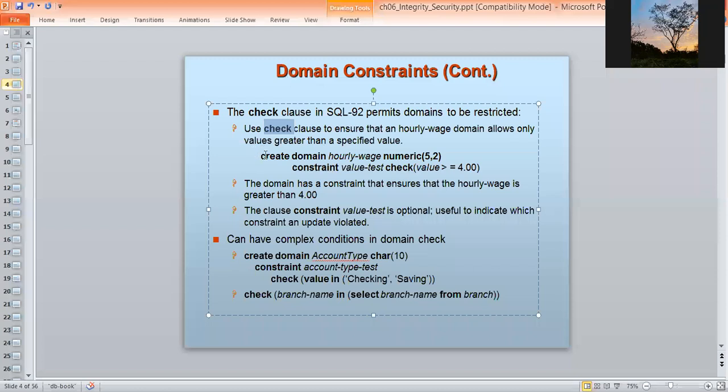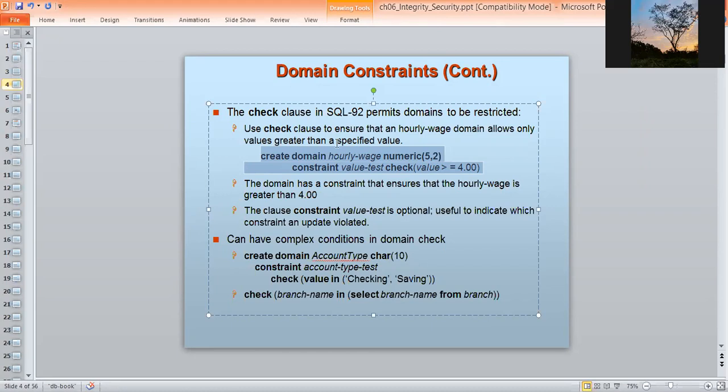For example, create domain hourly wage numeric(5,2), with 2 decimal places permissible. The imposed constraint is a value test: check value greater than 4. That means if the inserted value for the hourly wage is less than 4, then that will not be acceptable by the system.